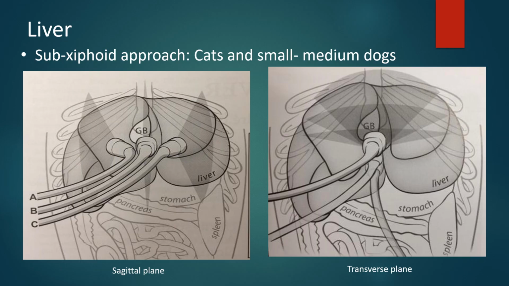And I have two images up here on the screen of imaging the liver in both a sagittal and transverse plane. So remember, when we talk about these planes, we can talk about it in regards to how your probe is being handled, and we can also talk about it in regards to the organ itself. In this example, the sagittal plane is referring to how